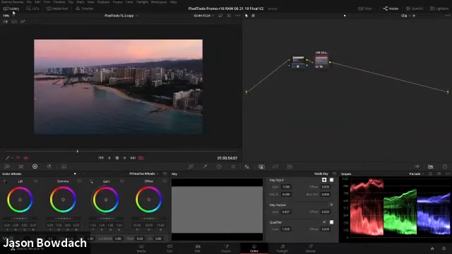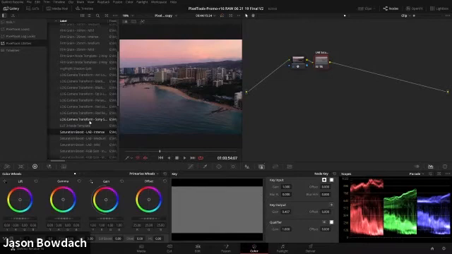Going back to the LUT question, these are my LUTs now, in the sense that I like to use these as jumping off points. I'll use these when I'm starting a project and I want to see what the client might like, what direction they want to go, and what they don't want to go. And I think that's extremely important too.